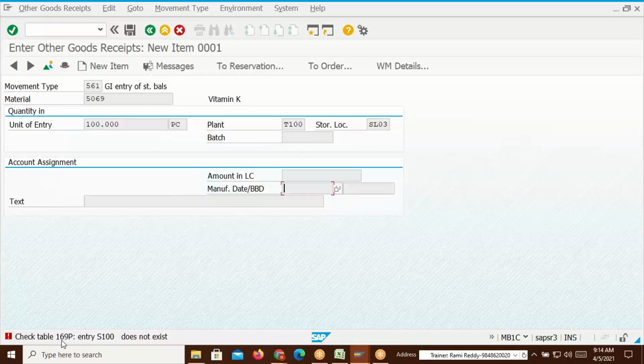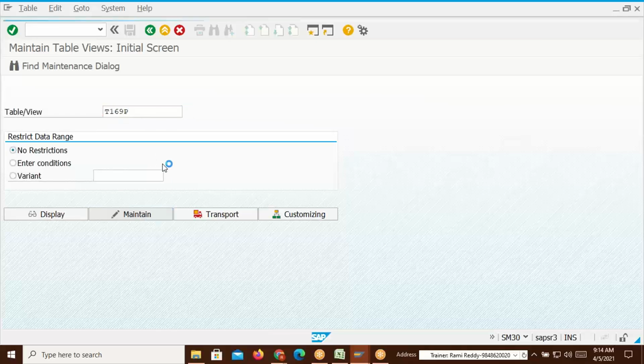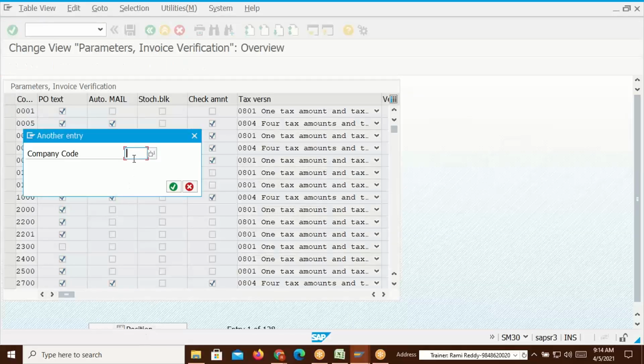Oh, entry is not available. 169p, guys, but this is T169p. Now let me go back. /n SM30, guys. We need to maintain one entry for our company code under that. T169p. See, these things will be done by MM. Don't worry. But now we don't have MM, right? We cannot hire MM also. So now